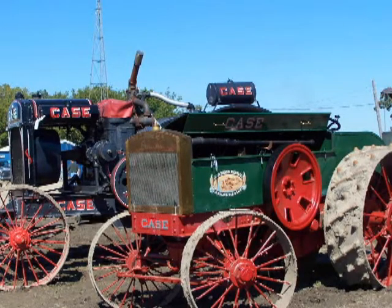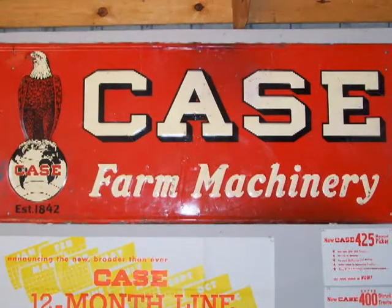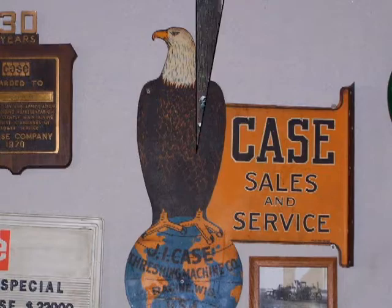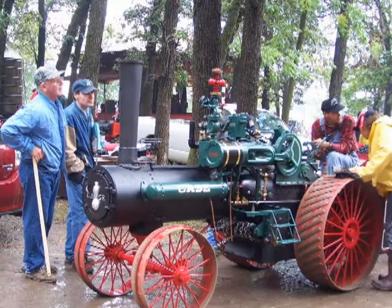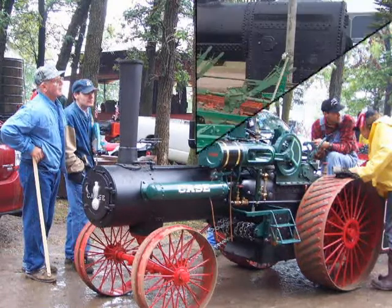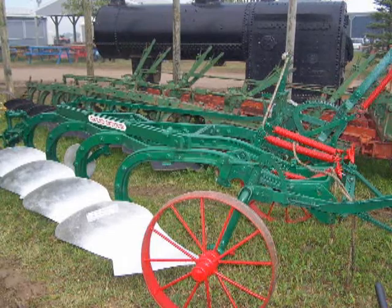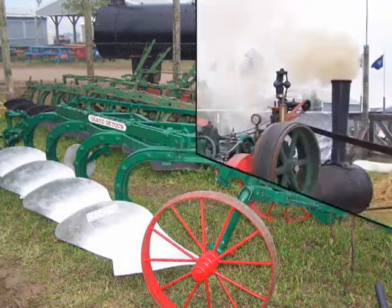Here we have, then to the left, the biggest one they made in the farm tractor, gasoline tractors back in early days of the gas tractor. That was called a 4072, and the Case company guaranteed it to pull the largest thrasher you could buy and handle it well. And of course the full line of Case machinery